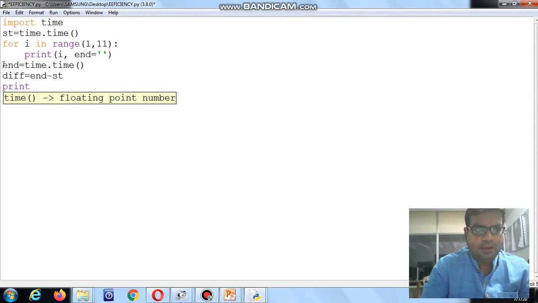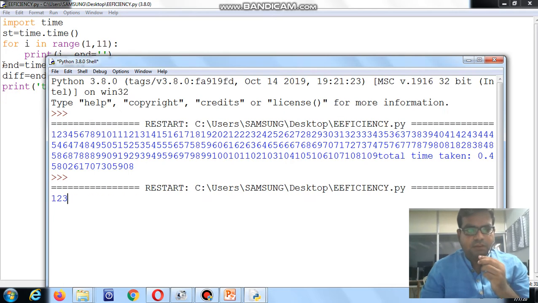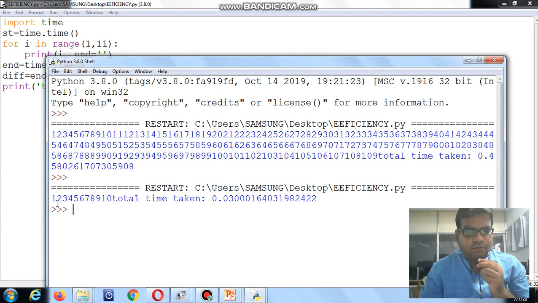Then print total time taken, diff. Now execute the program. Then you see it prints the numbers 1 to 10. It will take 0.0330300 millisecond. In this way we can calculate the total time required for execution of a program.